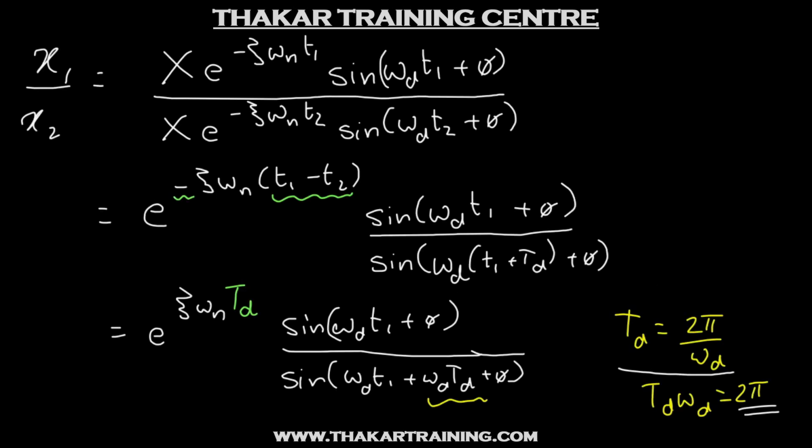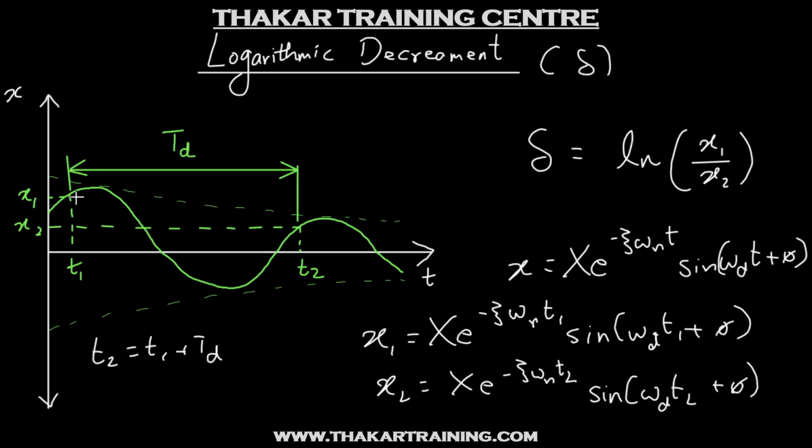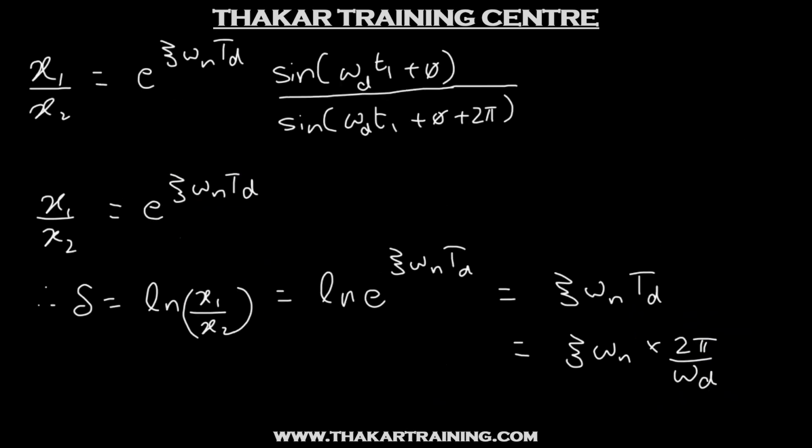Don't get confused. See, the amplitude is not remaining constant. The amplitude is going to continuously decrease. But the ratio of any two amplitudes is constant. Alright. So the amplitude is decreasing, but the ratio of two successive amplitudes will remain constant. That is what this delta is telling us. I hope you are following this.